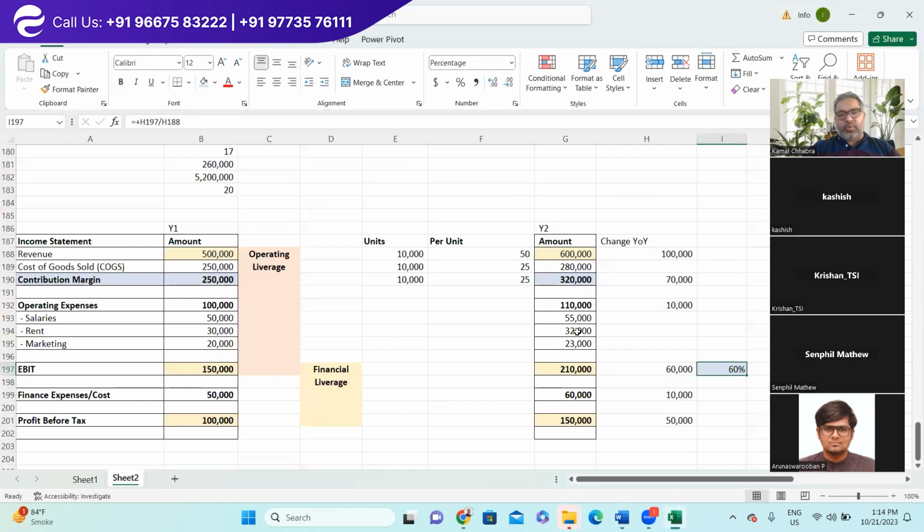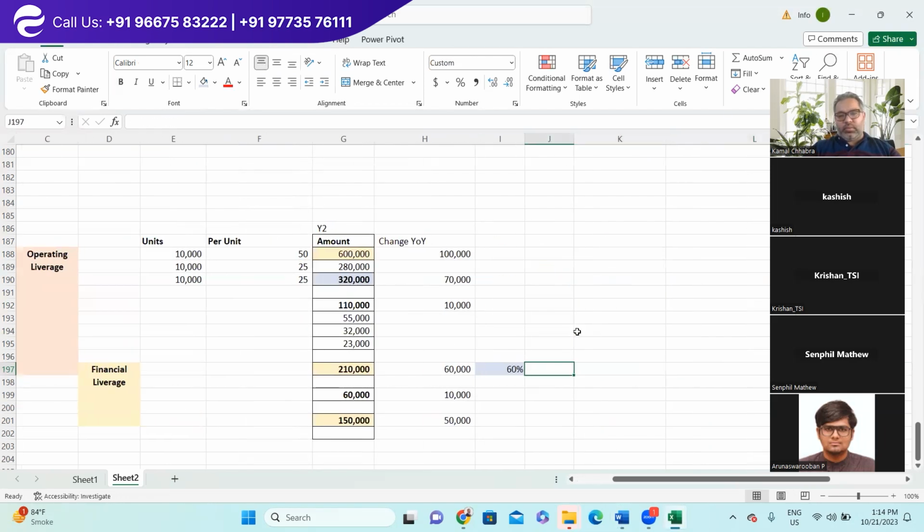So what is your contribution margin? What is your change in contribution? Divided by,